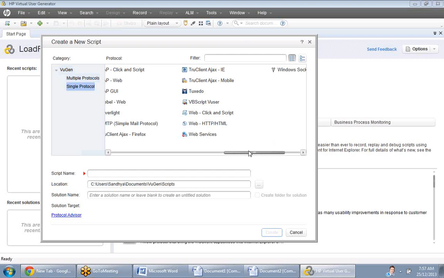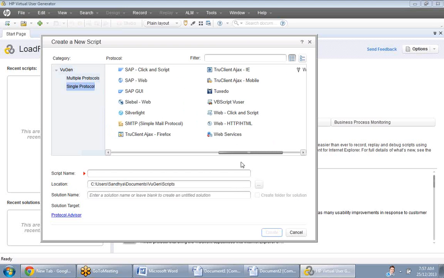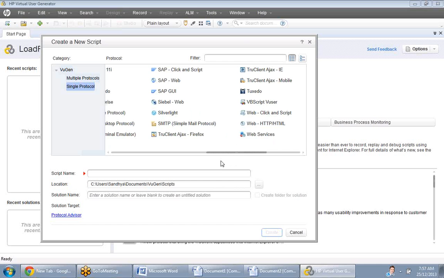Okay, what I told was different, ma'am. You can go ahead with this web protocol only. The thing is, there are technical architects. They will know what technologies are used behind the design. So if we approach them, they'll directly guide us on what protocols we are supposed to use for our performance testing.